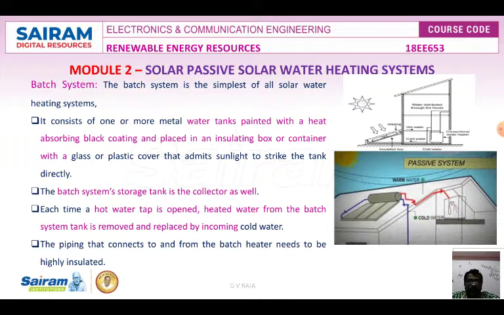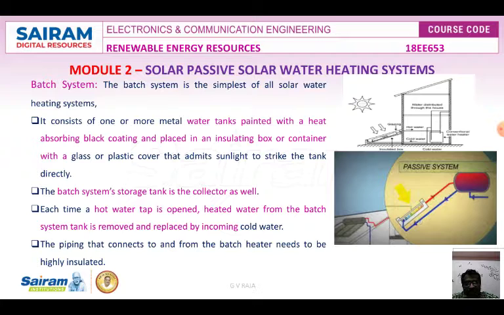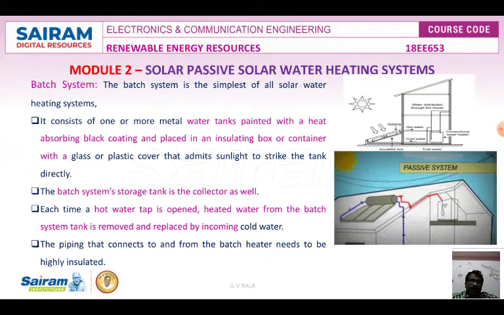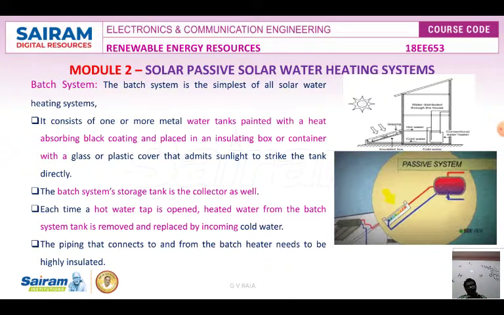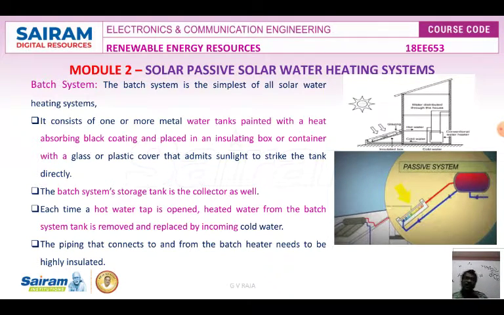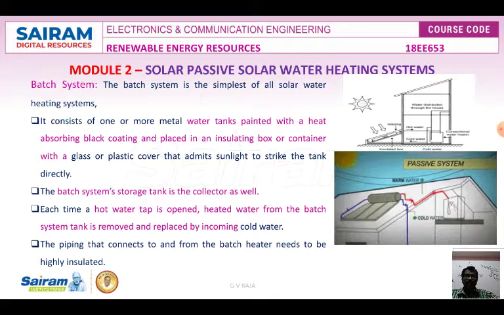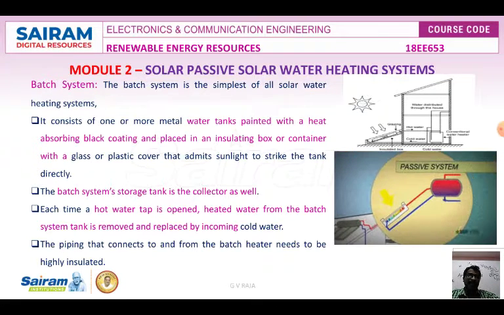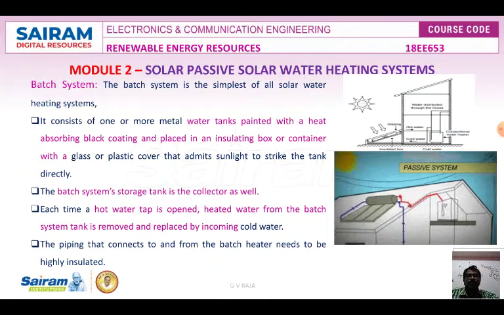So the active system employs pumps and controllers to circulate the water through the collector and the storage tank. The active system is very efficient when compared to the passive system. Since the passive system is not so efficient, it is less efficient only. But the passive approach is simple and economical, because in an active system more additional accessories are used,